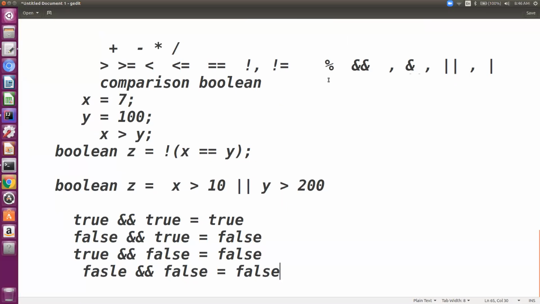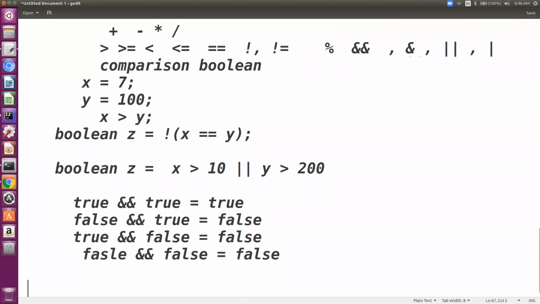Now we have done the percentage operator. The percentage operator simply gives you the remainder, and there is a very important use of it that I will show you in a loop. For example, 8 percentage 7: what will be the answer? It will be the remainder, not the quotient. 8 divided by 7, 7 ones are 7, 8 minus 7 is 1. So the answer will be 1.